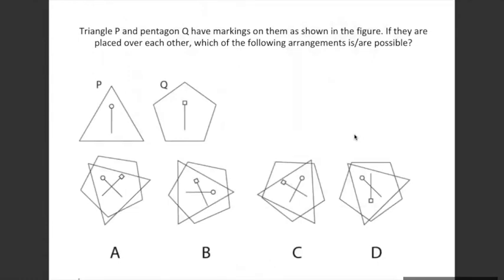Okay. So here you are given these two objects P and Q. When these two objects are placed over each other, which arrangement or arrangements are possible? What it means is 2 or more answers are possible, correct? Can you take some time and try solving this? इसमें क्या आएगा, how do you see it, वो भी बताना solve करने के बाद.